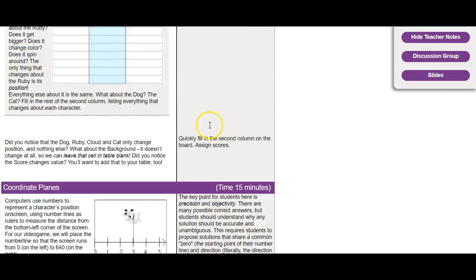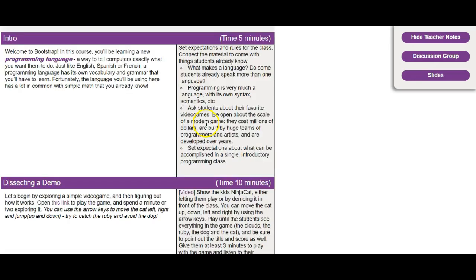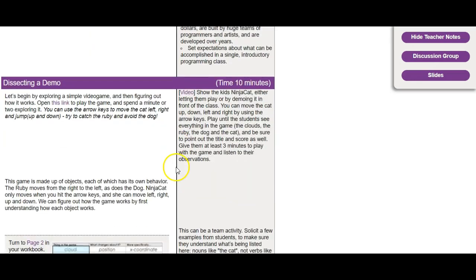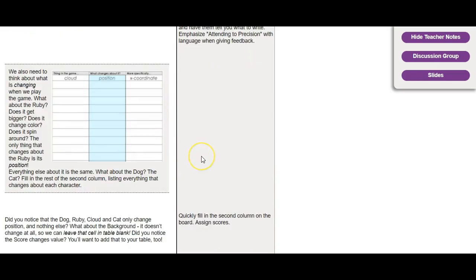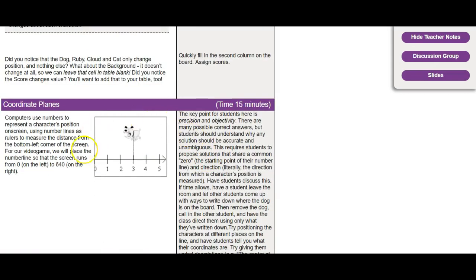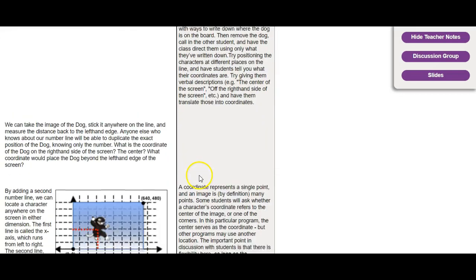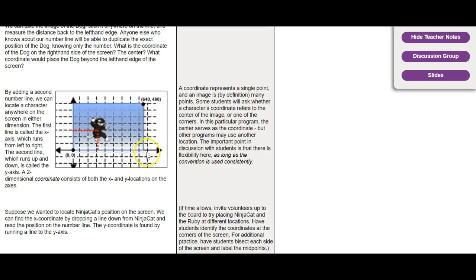So in this first lesson, the kids play a video game. They start out by playing a video game. Then they break down the video game, what's changing in the video game. They start to learn things about the number line and the coordinate planes, and do their very best to identify location on the screen,